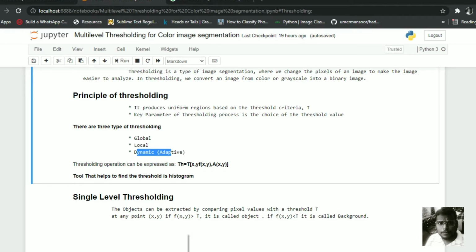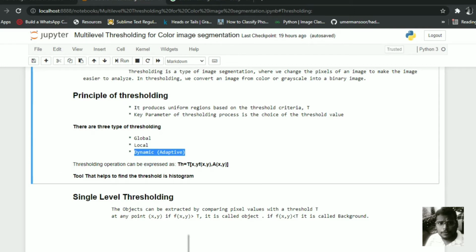In case neighborhood properties or some local properties are also taken into account, this method is known as local thresholding. In case T depends on the pixel coordinates also, it is known as dynamic or adaptive thresholding.